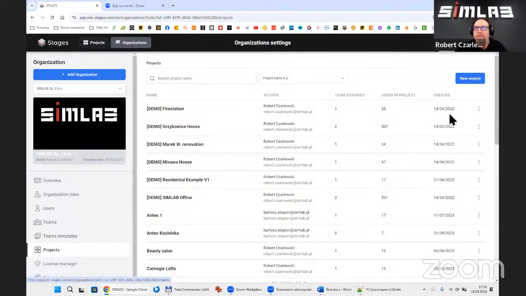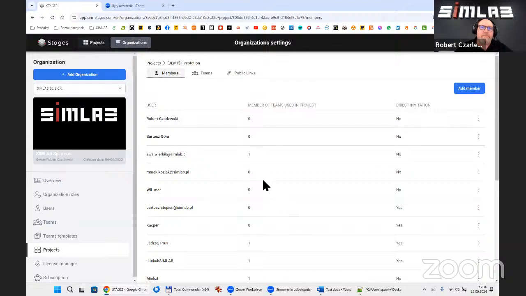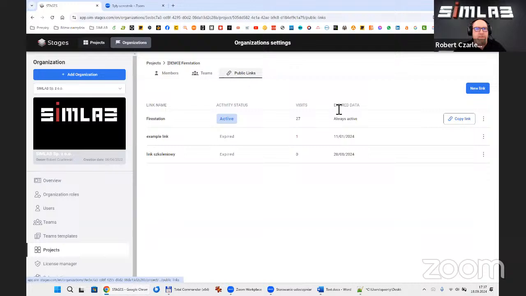If I go to the project in the organizations menu and choose from the menu under the three dots project dashboard, you will see that there are three tabs: members, teams, and public links. The public links is a feature for easily sharing the project, but the receiver of the link doesn't need to create an account in Stages, doesn't need to log in. Just open the link and see what's inside.